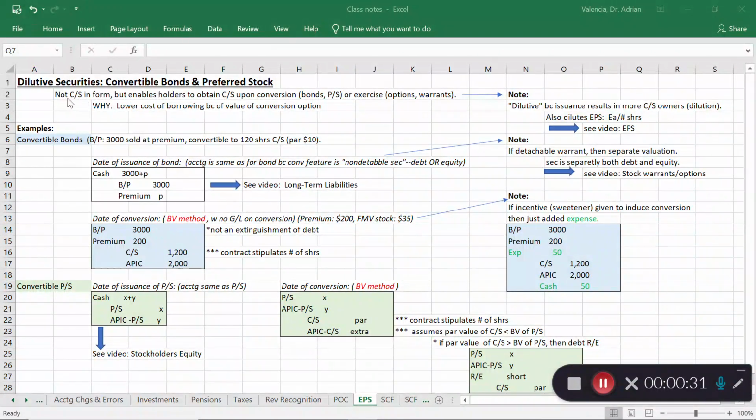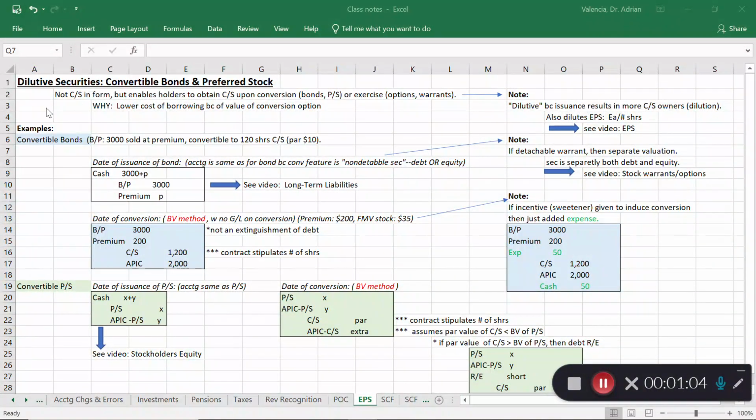So initially, it's not common stock in form, whatever that financial instrument is. So initially, that bond or that preferred stock is not common stock, but then at a later date, it will enable the holder to obtain common stock, either through conversion or through the exercising of options or any other financial instrument. And we call it dilutive because the issuance of these